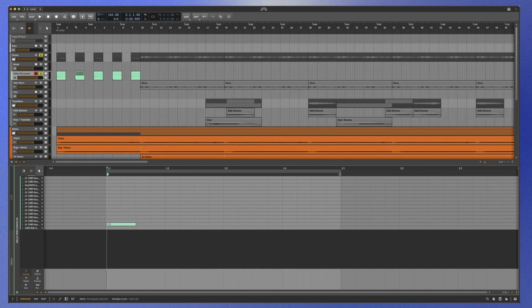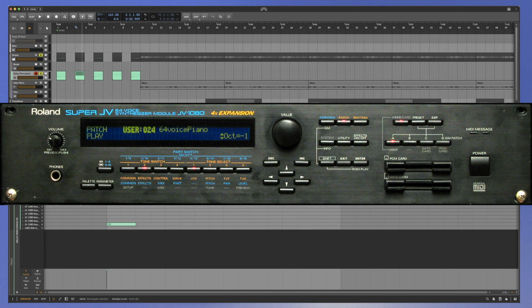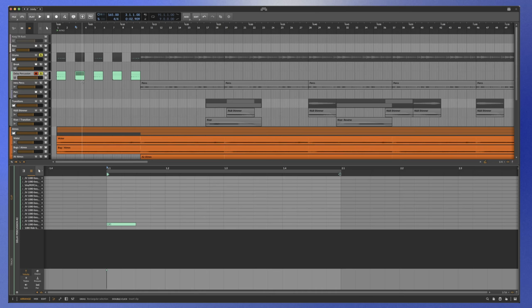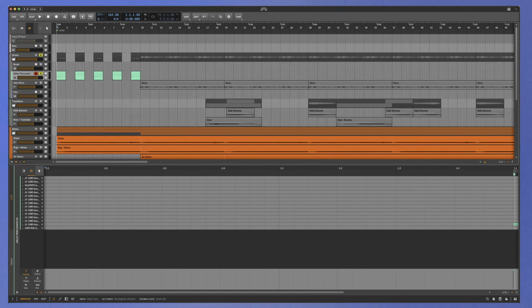And then here I just have a single hit, also from a JV 1080. A lot of these percussive one-shots, you'll find them in any rompler, 1080, Korg Triton, M1, so on and so forth. But the idea here is to introduce some sense of rhythm within here without dropping that core beat. So if we stack that with the Atmos,